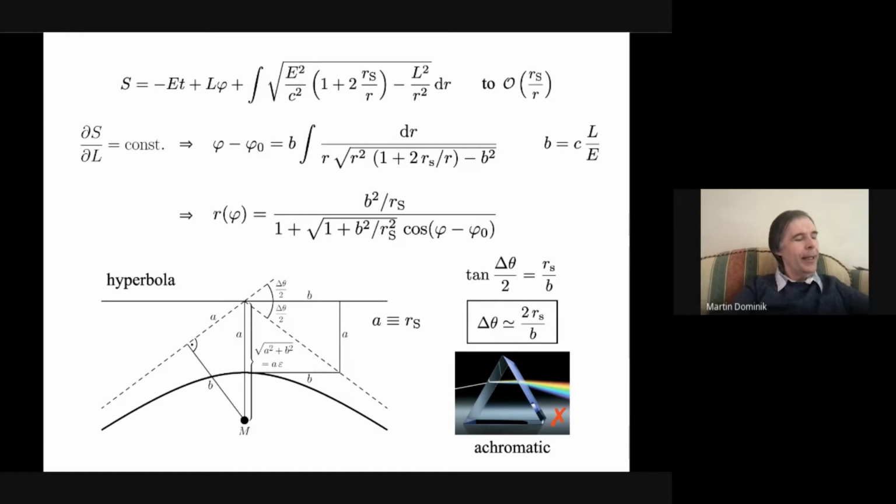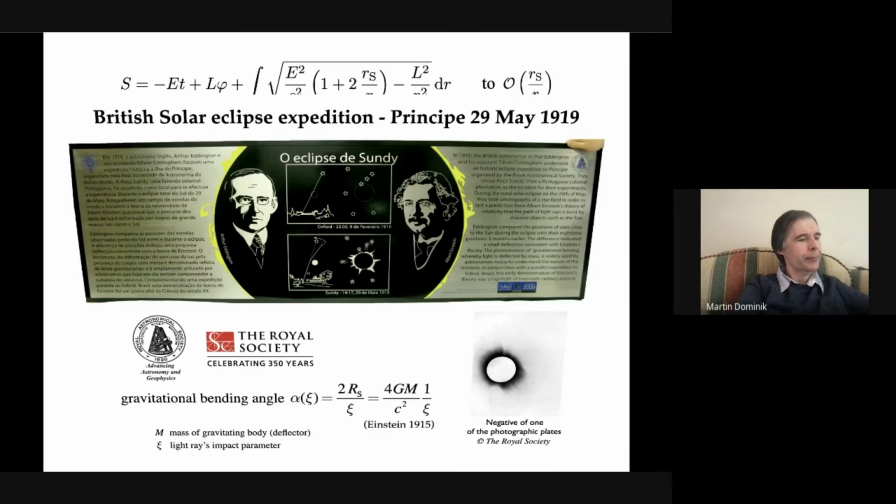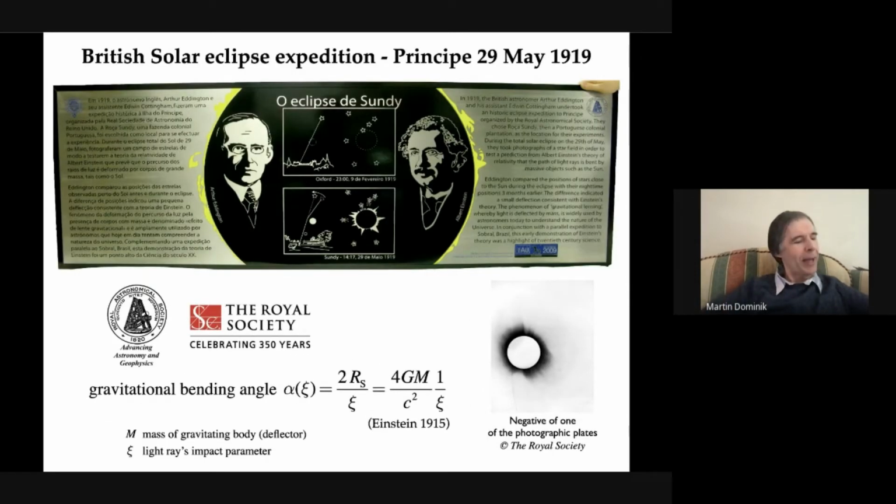In fact, it was already hypothesized by Isaac Newton in 1704 that gravity should bend light and that the deflection should be strongest at the least distance. A further remarkable feature is that the gravitational bending of light is perfectly achromatic. The gravitational bending angle was famously measured during the solar eclipse of 29th of May 1919 by two British expeditions to Sobral in Brazil and the island of Principe, the latter led by the later knighted Arthur Eddington.